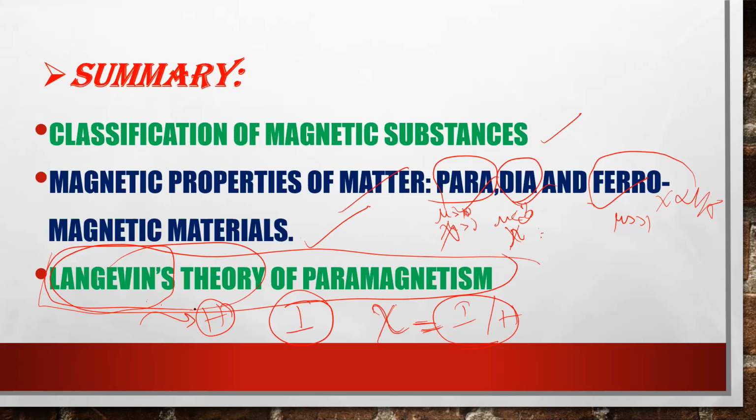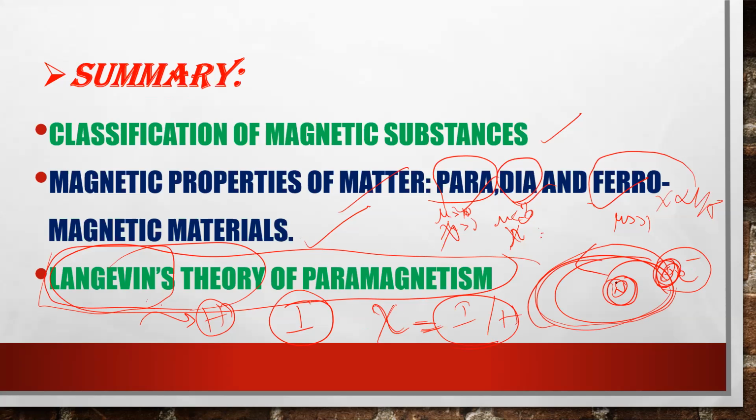Okay, students. So I hope you understood what magnetic materials are and why materials exhibit magnetic properties: because of the electron revolving around the nucleus in orbits, because the electron is a charged particle. So it has orbital magnetic moment because of its orbital motion, and spin magnetic moment because of its own rotation around itself, that is spin. Paramagnetic materials have permanent magnetic moment, diamagnetic has zero net magnetic moment, while ferromagnetic has very large magnetic moments.